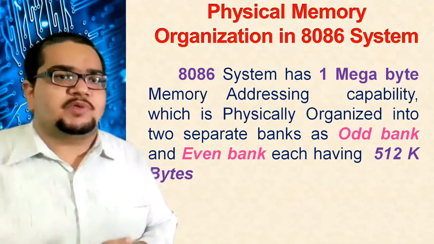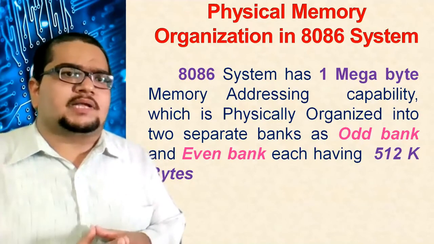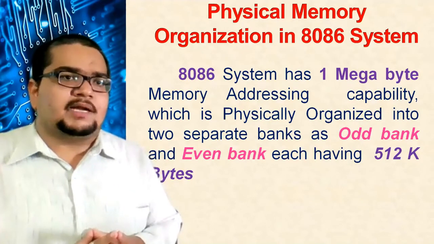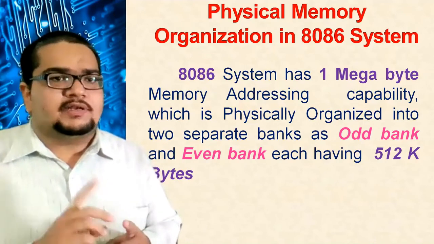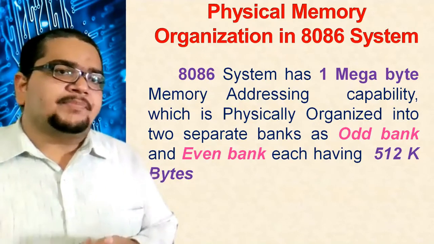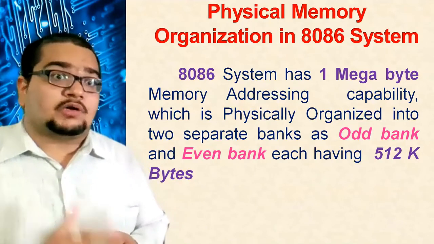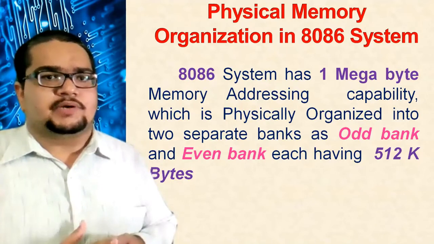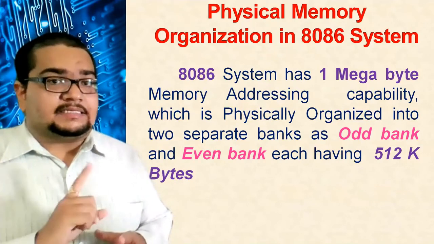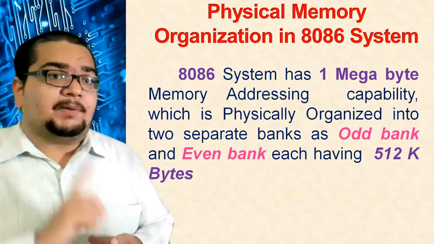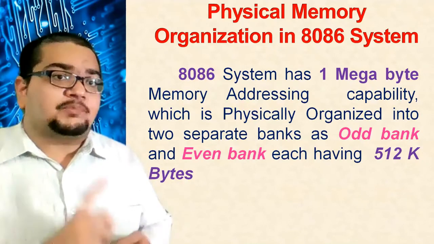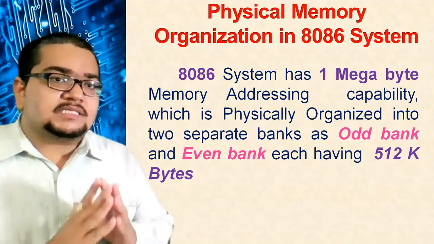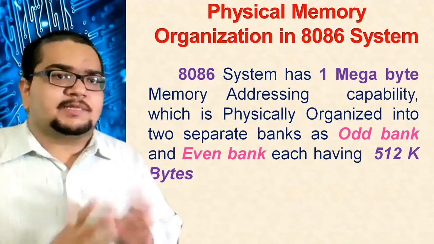1 megabyte seems to be a very small memory in terms of modern technology today, but the 8086 system is supported with 1 megabyte of memory, and even with that 1 megabyte it works very efficiently. In what way and what type of data it can access, we'll see slowly as we progress into this unit. Now it is 1 megabyte capable. You can connect up to 1 megabyte of memory to it. Internally it does not have anything. 8086 does not have any kind of memory except for the registers.